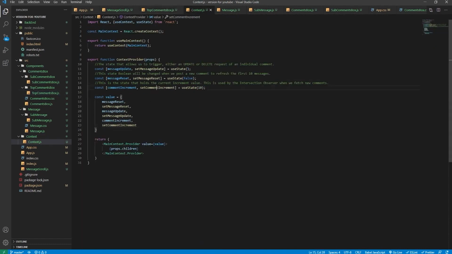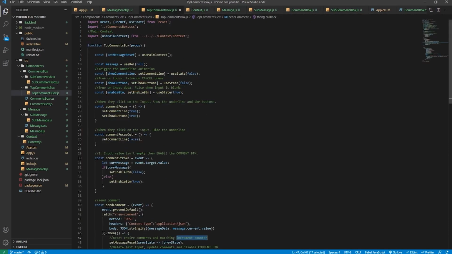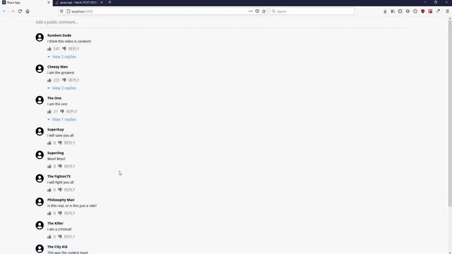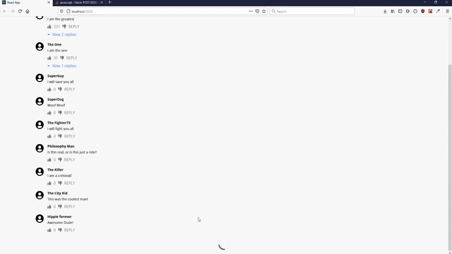Innocent viewer, so we'll say set comment increment. We'll get that from the context. Where is it? Top comments box. Again, extract it using object destructuring, set comment increment, and then simply we'll set it back to 10. So now it should be working out, because when we post a new comment, it'll be set back to 10, because the first 10 messages will be displayed again. So we scroll down, as you can see,